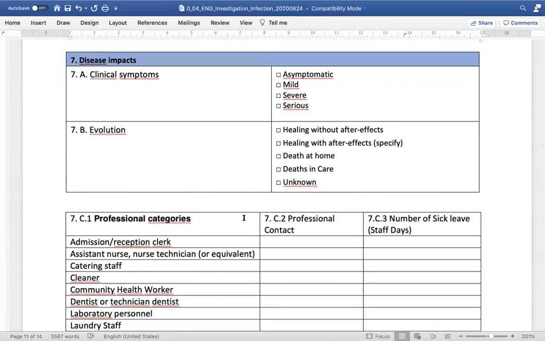Thank you very much. Okay, so we'll be looking at the clinical symptoms. We want you to give an assessment of the clinical symptoms that the client, that's the healthcare worker, is going through, and then over time, the evolution of the disease. We also want you to make some judgment about whether the healthcare worker healed without after effect, healed with after effect, or you don't know. If you don't know how the disease evolved in the healthcare worker, you indicate that as well. And then the next